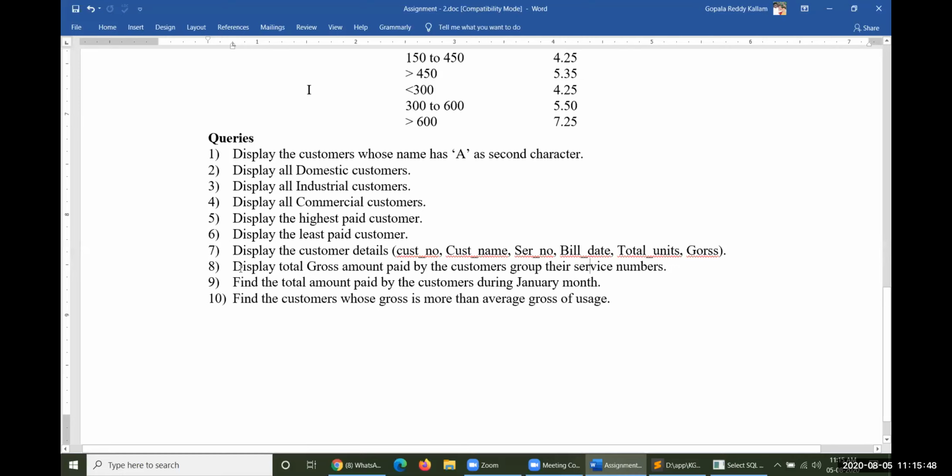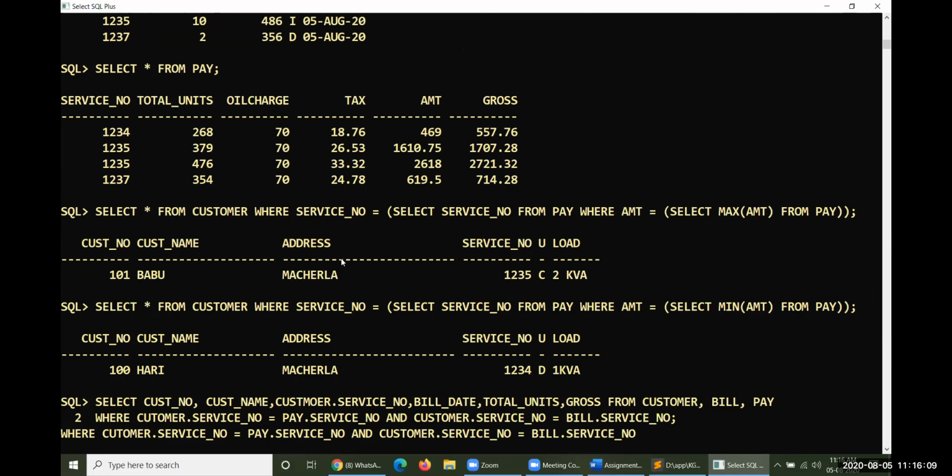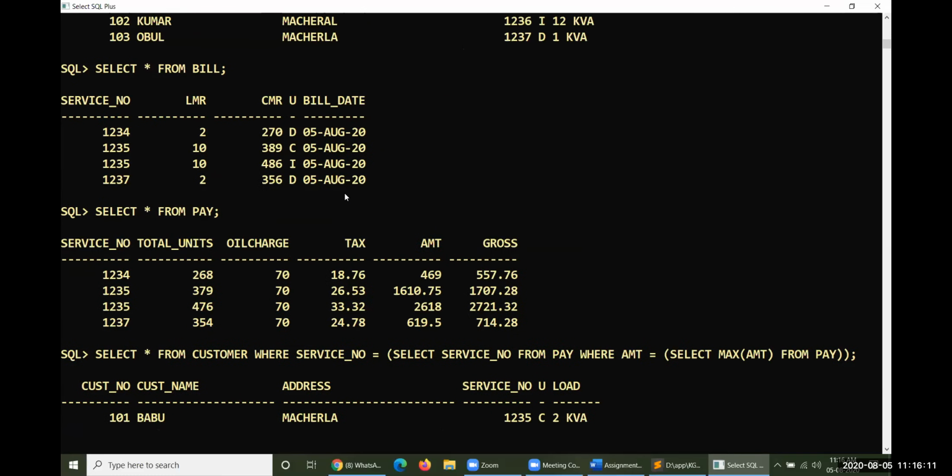Then followed by, display the total gross amount paid by the customers, grouped on their service numbers. Okay, this query could not be solved at this moment. But let me write the query here. It could not be solved at this moment because we don't have that much data in the pay table, or in the bill table also.